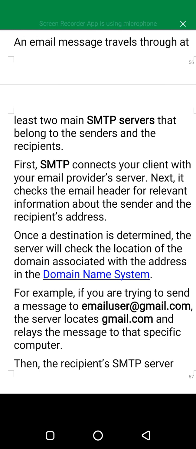They contain this information: who the sender is, what the subject of the email is, the email address of the sender and the receiver, etc. So that is what is normally included in the email headers.